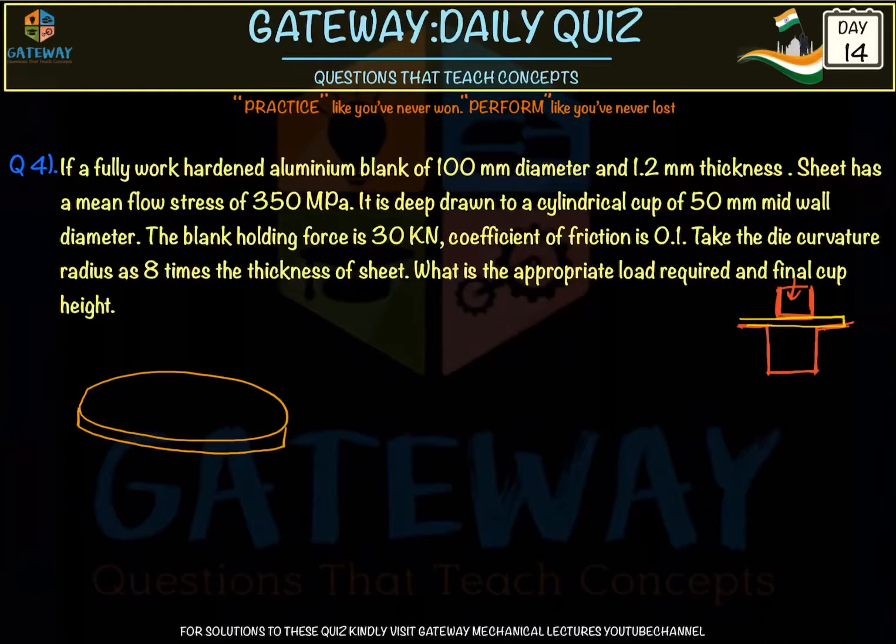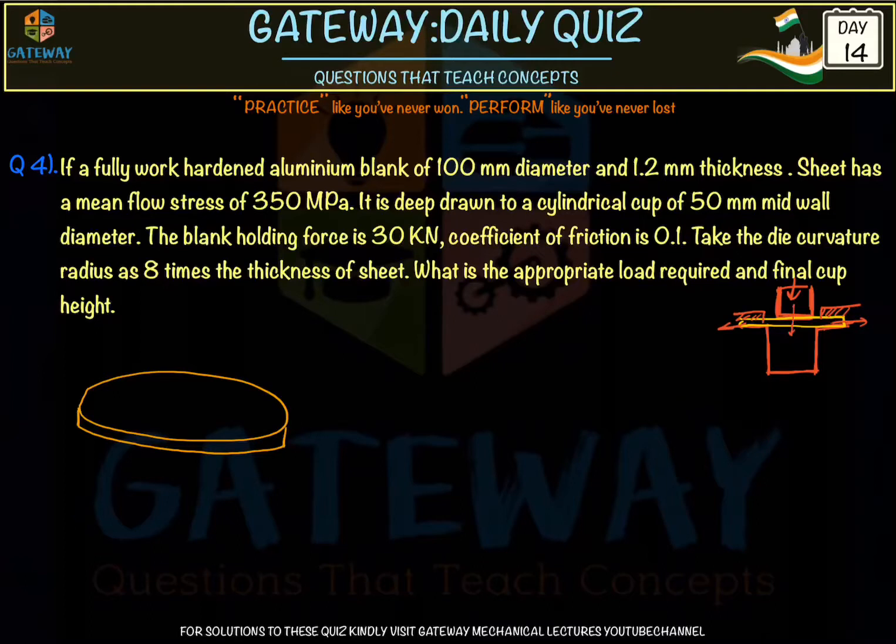In between this we will be placing our workpiece, and here will be the holders. We will have holders here which hold the workpiece material strongly. So these holders provide strength. Once the material starts flowing into the die, the holders will experience tensile forces, since they are holding the material.